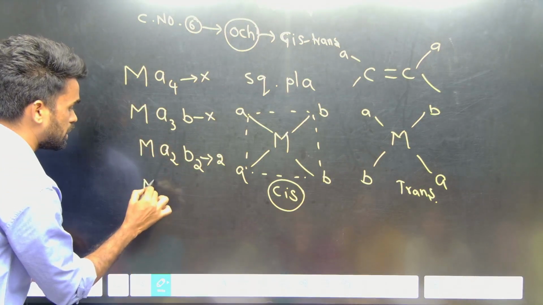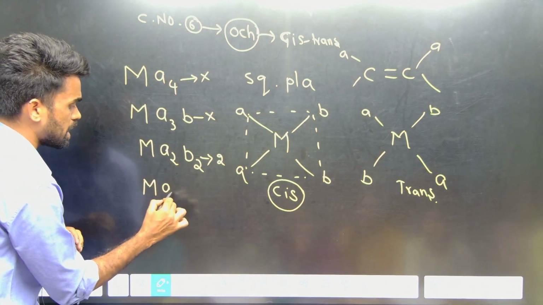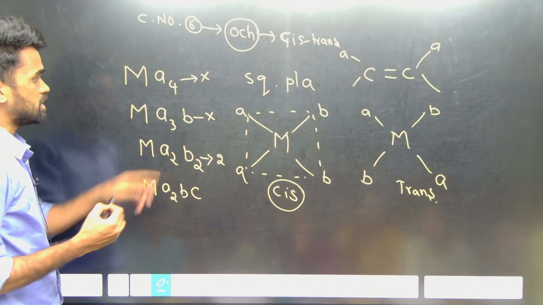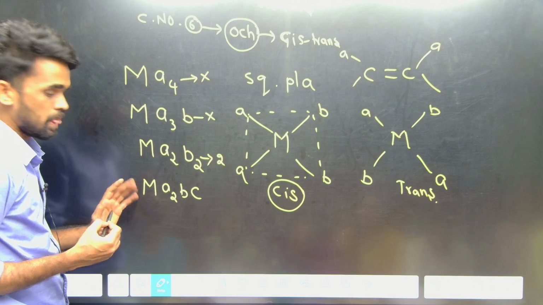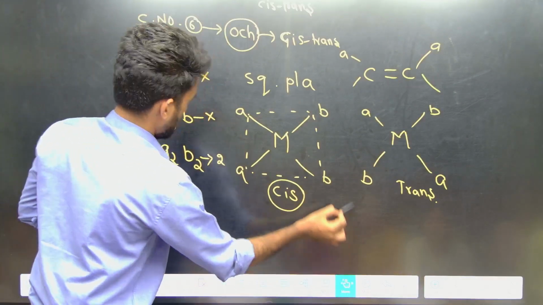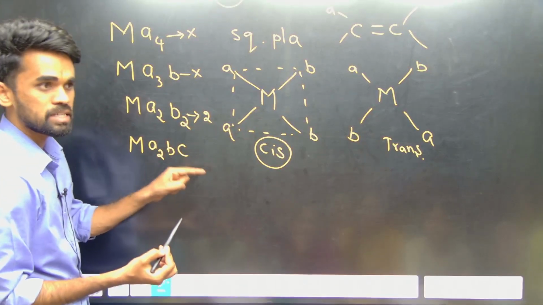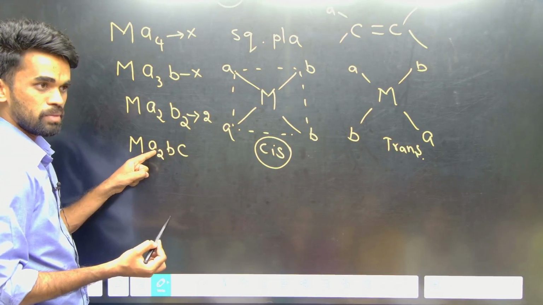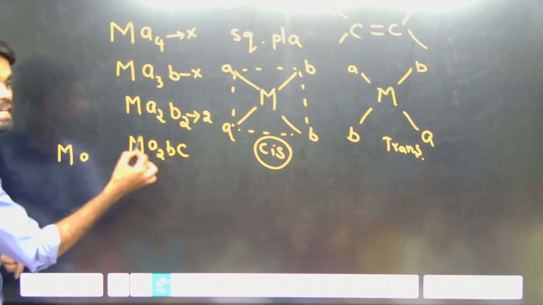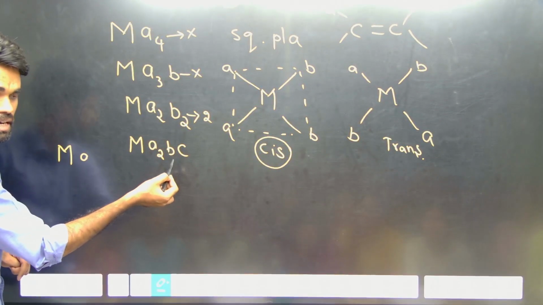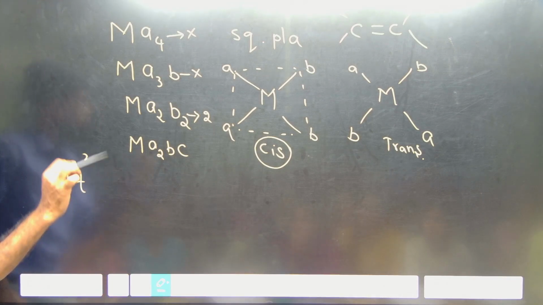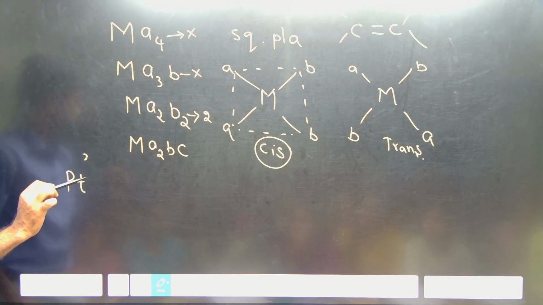Next, what is the possibility we have? I can change it to Ma2BC. Yes or no? Just change the types of ligands, that's it. So now what I can put here is both A's cis. See, M is a metal, and A, B, C represent ligands. For example, all platinum tetra-coordinated complexes are square planar complexes, which we studied in the last class,